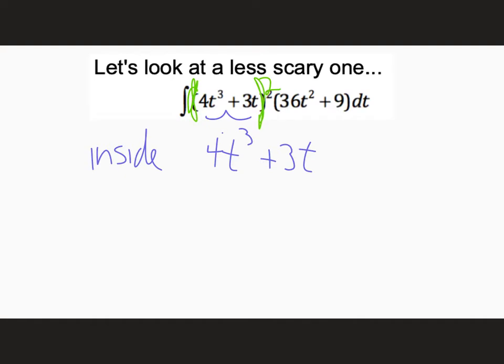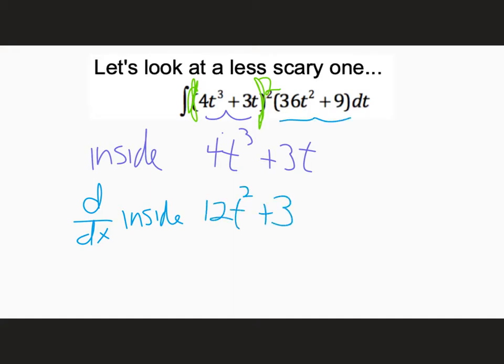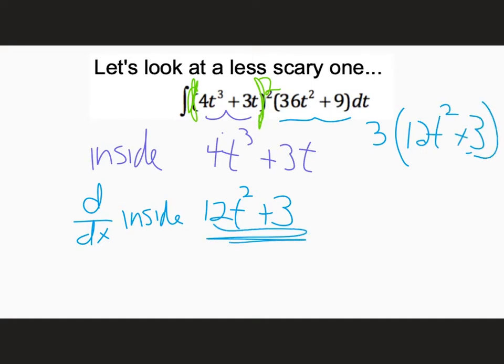And then my derivative of the inside is 12t squared plus 3. And out here I have a 36t squared plus 9. But can't I think of that as 3 times 12t squared plus 3? So this now matches. So what I'm saying is we have an integral,